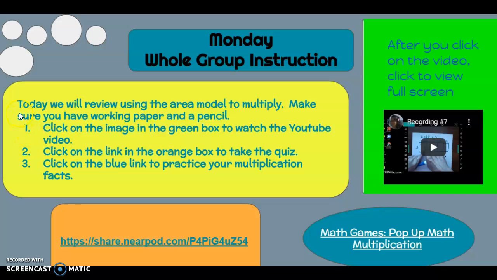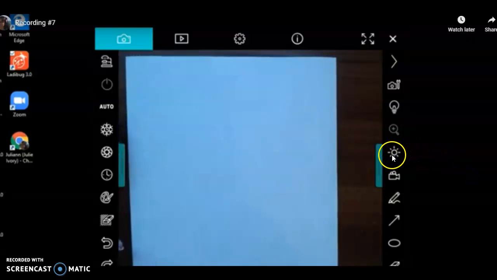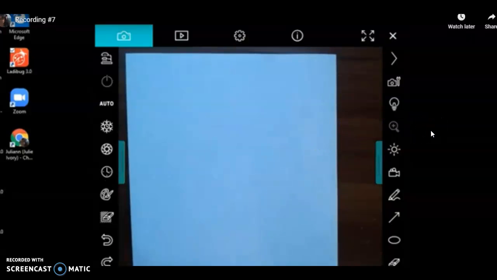Every day you will read the yellow box first and follow the steps. Step 1 says to click on the image in the green box. Step 2, click on the link in the orange box. And step 3, click on the link in the blue link. So let's try it. Let's go to the step 1 is to watch the recording. And that's really, really tiny, isn't it? So what you need to do is click full screen. All right? Click full screen and then you can